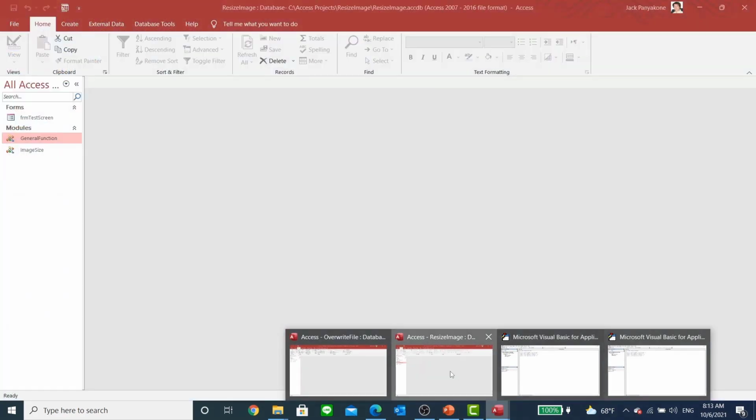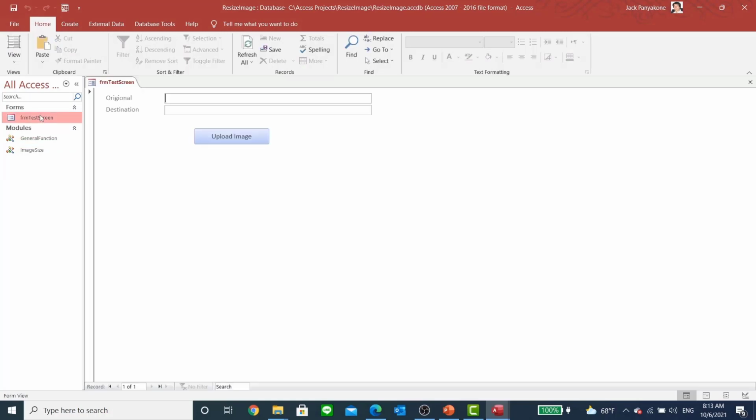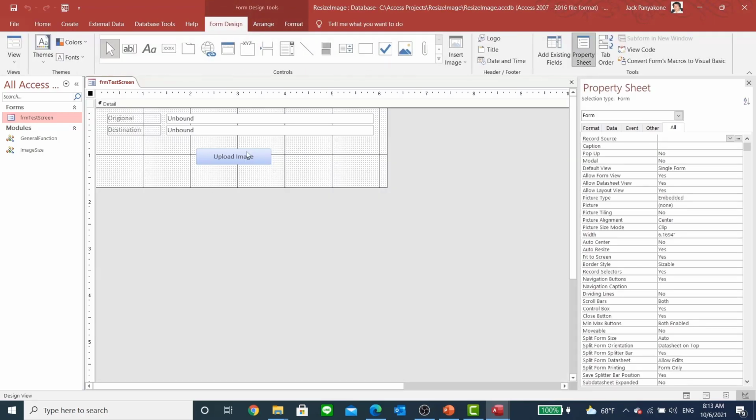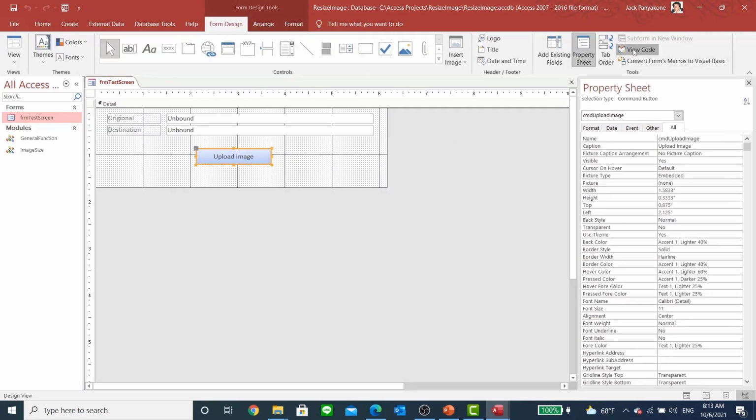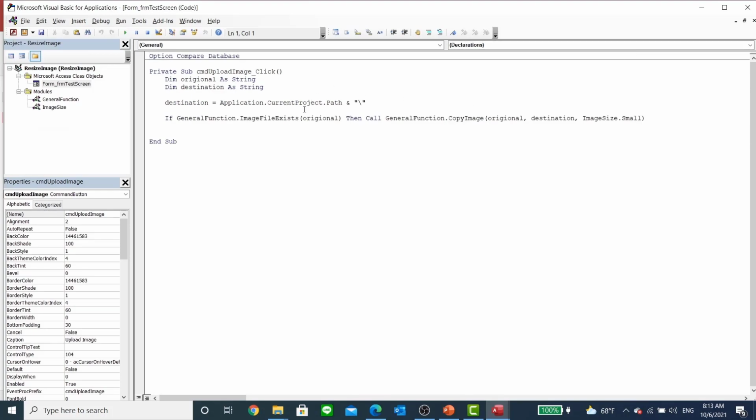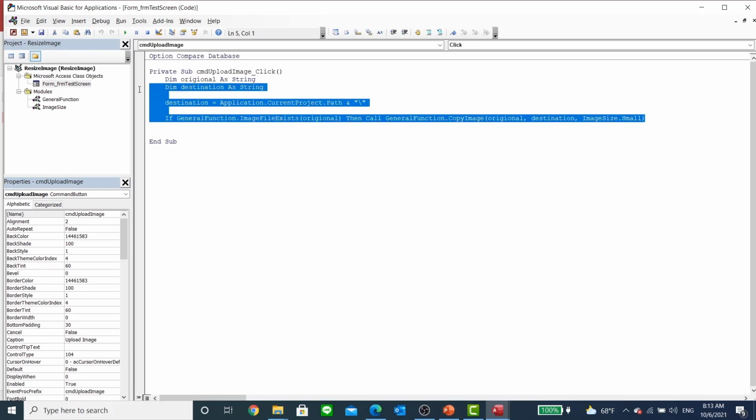So what else did we do yesterday? We got a test screen right here. Okay, so yeah. So what I'm going to do is, that is an upload image. I'm going to see that there are only 2 lines there. So I'll go ahead and grab these 2 guys. Actually, yep, right there. As a matter of fact, I can go ahead and grab the entire subroutine and